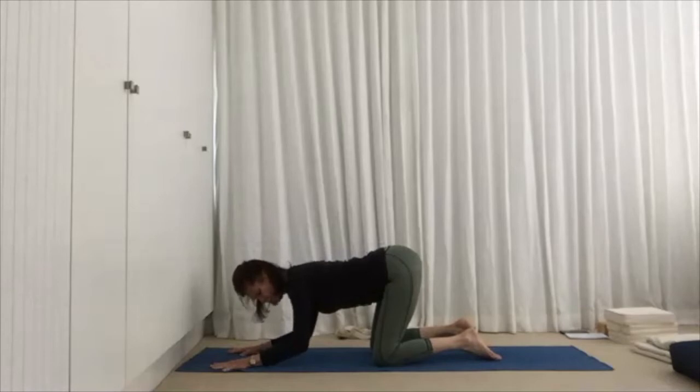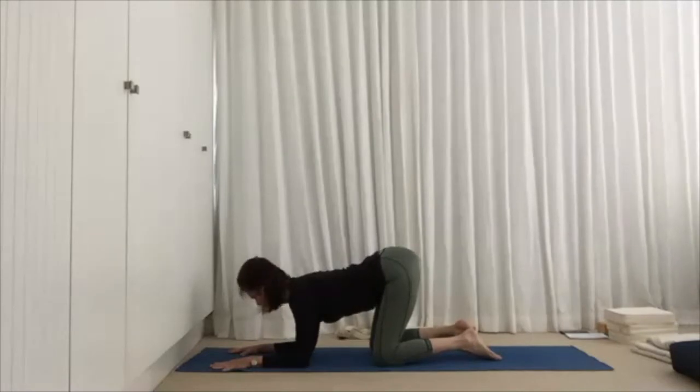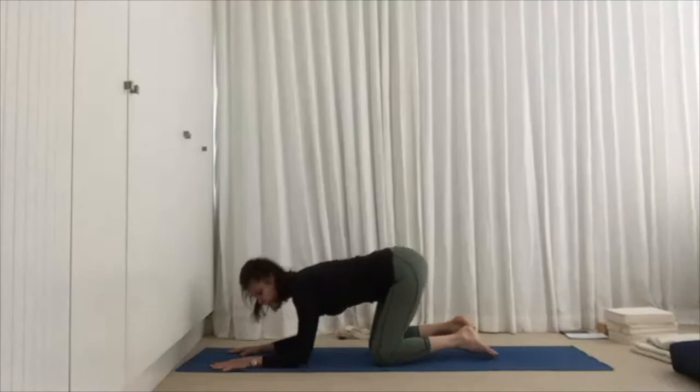Inner elbows want to be light. See if you can get your outer elbows to the floor before the inner elbows. So root the outer elbows down. It's like you want to make these outer elbow points heavy, the inner elbow points light, and you want to